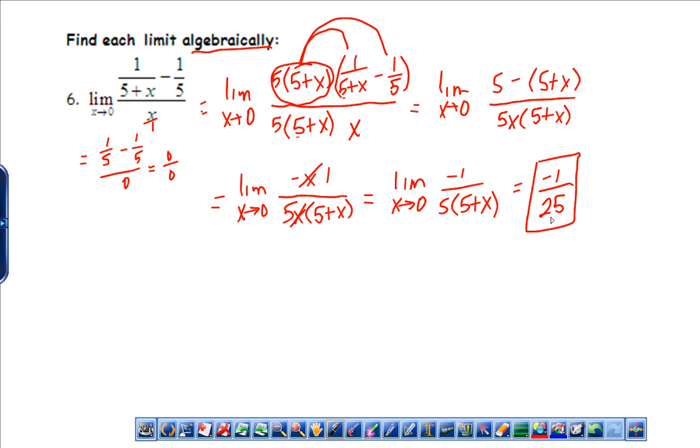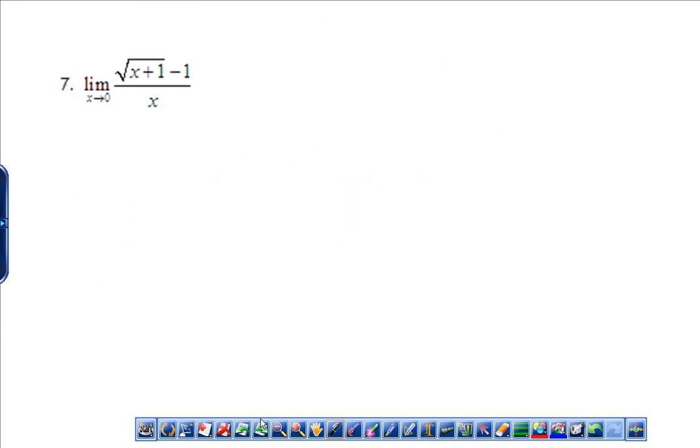And you would get the decimal version of this number if you were to do this in your calculator, which you could check if you want, or have just for extra practice. Okay, so here we have a square root. Okay, again, if I plug in 0, I get 0 over 0. This means the limit exists. We just have to do a little bit of work. Algebraically,